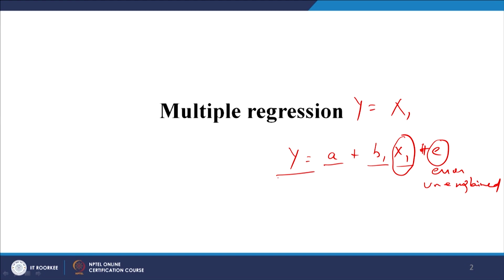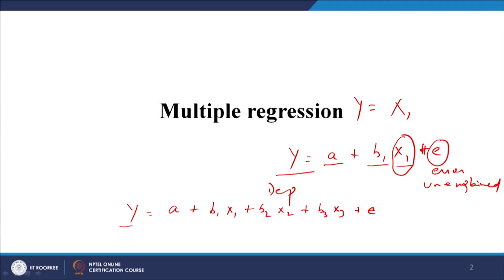Okay. So, this is my dependent variable, but what if we have more than one independent variable? Let us say y is equal to b1 x1 plus b2 x2, suppose there are two independent variables, and let us add one more, b3 x3, plus e, right. So, e is as usual the unexplained part. Now we have three independent variables, and we know every independent variable influences the dependent variable y.